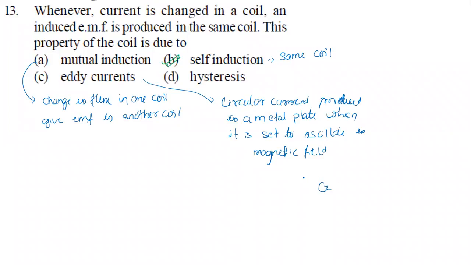Okay, eddy current. Sir, what about hysteresis? Hysteresis is the concept where you keep any ferromagnetic material under a cycle of increase in magnetic flux and decrease in magnetic flux. That's what we call hysteresis. So now the BH curve will come. As we keep a ferromagnetic material in a magnetizing field and start increasing the magnetizing field, what will happen? The magnetic field will go on increasing. The curve will go like this.